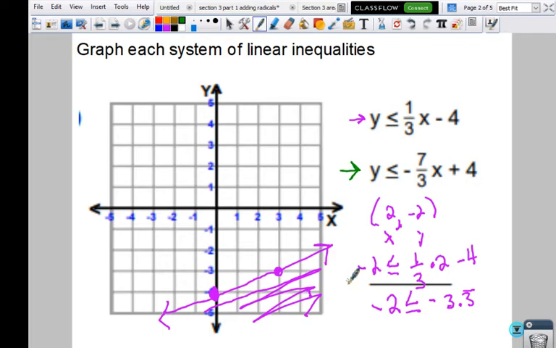Put your dot at the 4. Yep, we're going to go up to 4, put our dot. And from there, we got to follow our slope. Keith, what's my slope? On our second one right here. It's